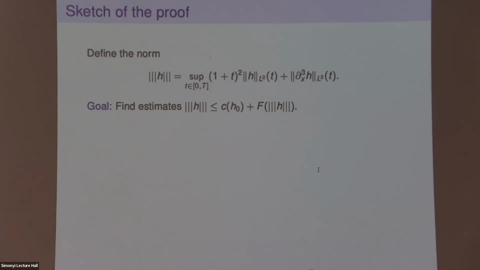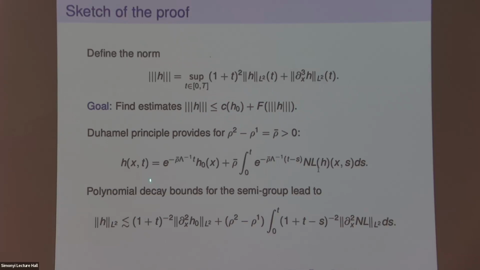I'm running out of time, so what I want to do is to check the evolution of this guy and to get an estimate of this type. So I'm gonna put this triple bar norm, having L2 with a weighting in time and then 3 derivatives, and then try to find an estimate of this type, and then because this thing is small, I can bound this for all time. So I do L2, and then what you have to do is to take advantage of this very weak damping. So if you go to Fourier,